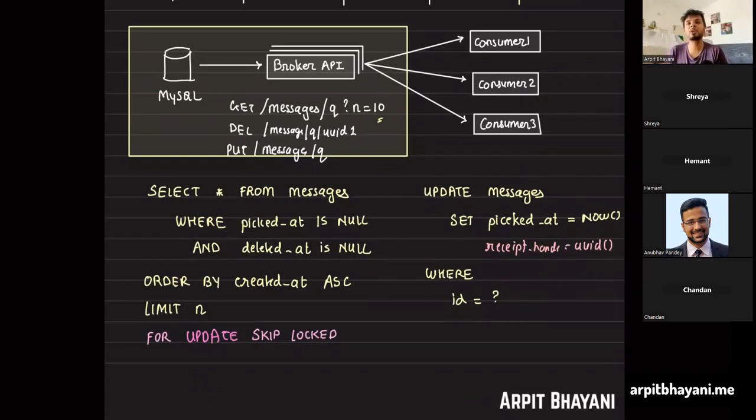But if you're building a message broker on top of any storage layer, you need to ensure you have some way to query the data in created_at order, some way to ensure that you are taking an exclusive lock using mutexes or semaphores. Those constructs would change depending on the storage layer. I deliberately chose a relational database because it makes it easier for us to understand the kind of underlying properties you need from the storage layer. Now, if you're building your own broker, just remove this and write your own storage layer that stores data on the disk. But just ensure that somehow you are updating, skipping locked rows and whatnot.